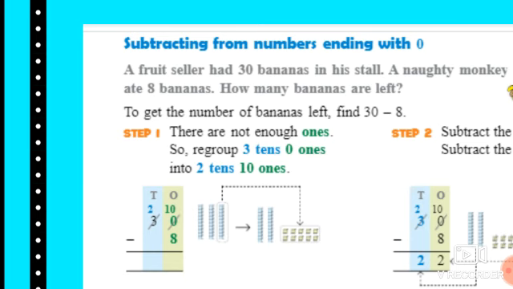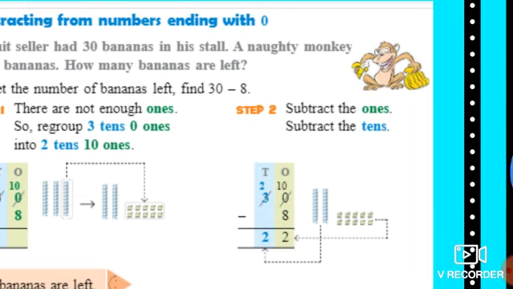When I borrow 1 from the tens place and give it as ones, what will be left at the tens place? That is 2, because I have borrowed 1 from the tens place. That will go to the ones place. So here only 2 will be left, and at the ones place it will become 10, because the 1 ten that I borrowed was equal to 10 ones. And 10 ones plus this 0 ones becomes 10 ones. That's why we have written 10 up. Now in step 2 we will subtract. Step 2 is subtraction and step 1 is borrowing. Students, learn this concept of subtraction.